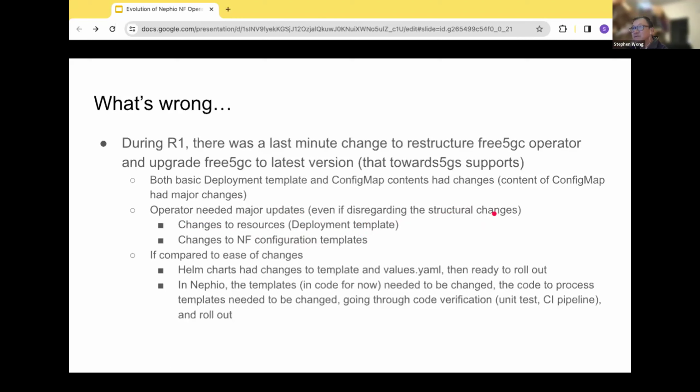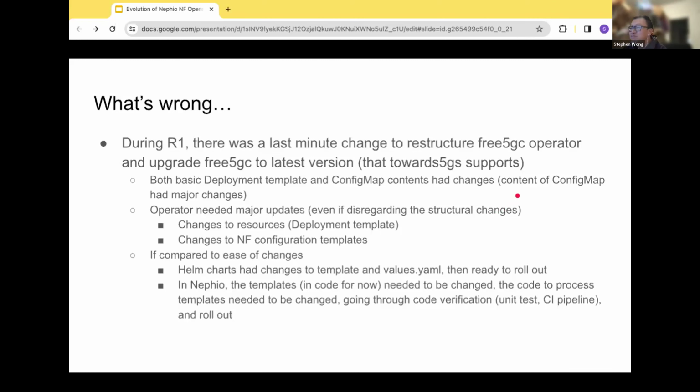When we do this, if you compare that with Helm charts, what do you do with Helm charts? What probably the Orange guys did is take the latest Free5GC, make sure it works on their configurations and setups, just change the charts, update the values, and then roll it out, test it, and then push it out to Git to make it available in public.